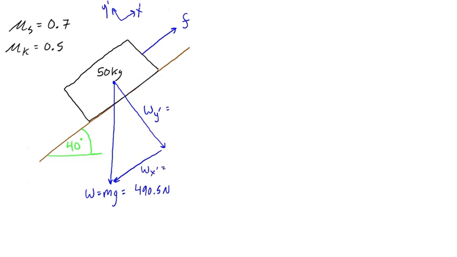Wy prime is just W cos 40, because this angle in here is also 40 degrees. So that's equal to 490.5 times the cos of 40, which is 375.7 newtons. Wx prime is just W sine 40, because it's the opposite from that angle, and so that's 490.5 times sine 40, which is